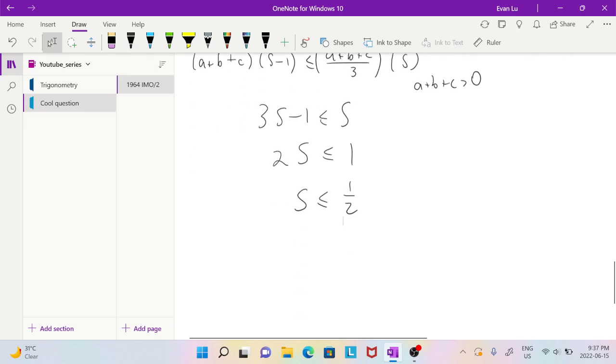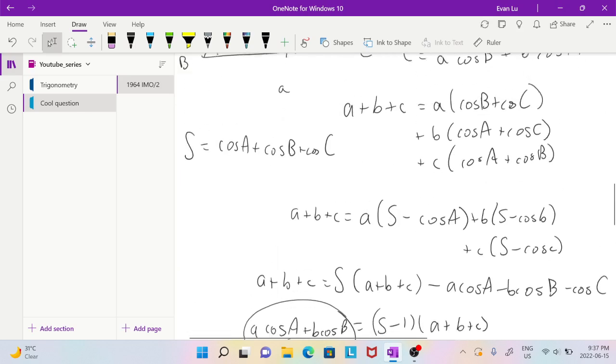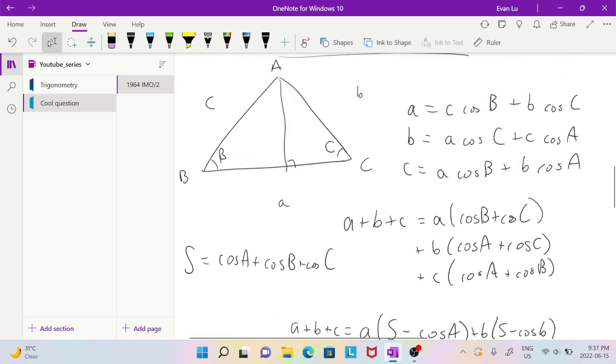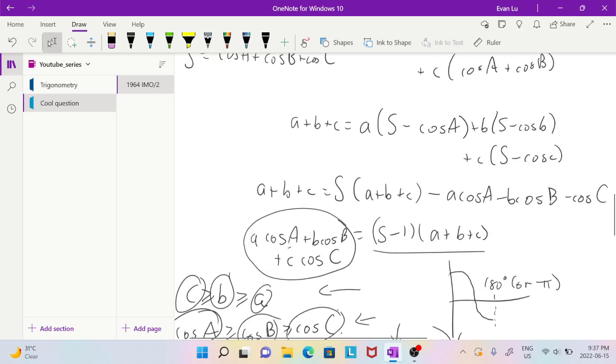Oh, sorry, I made a small mistake. So it should be S minus 3. I forgot to carry the 3 over. I was going to say something was weird. There we go. So S is less than or equal to 3/2. That makes sense. Okay, and there we go. So that's how we can get that S is less than or equal to 3/2, and that way we